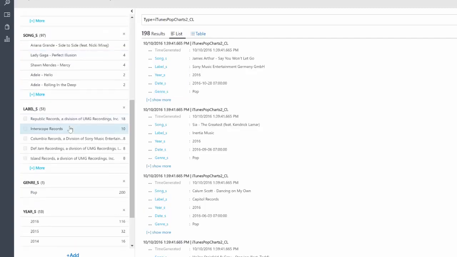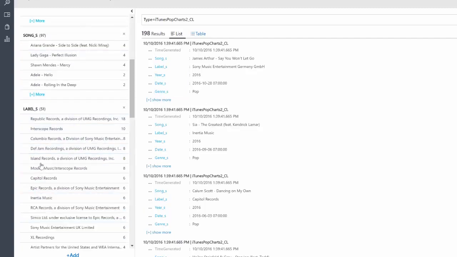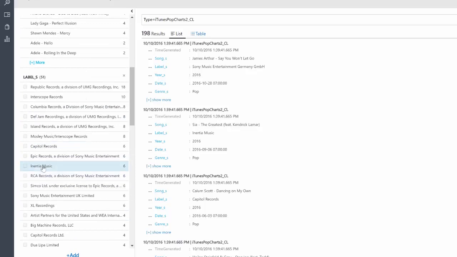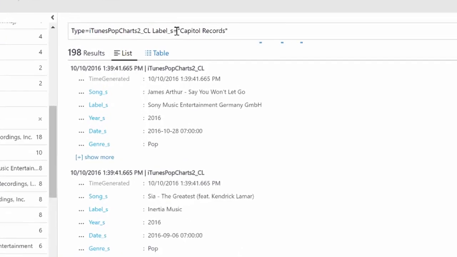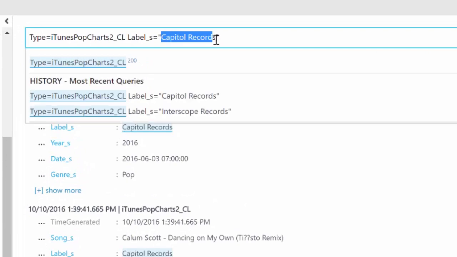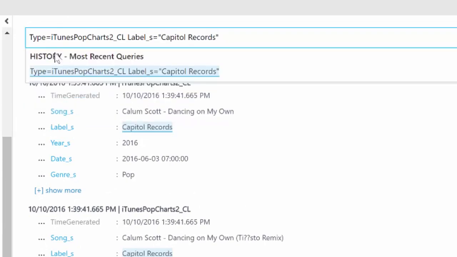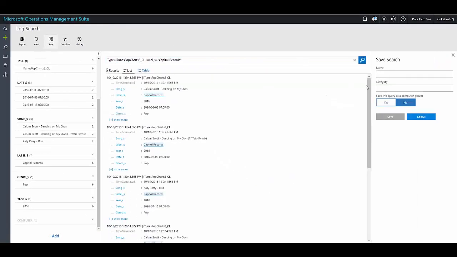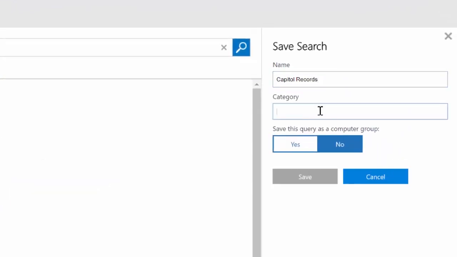We can go through on the left-hand side where it's got labels, we can go more, and let's say I want to produce a report for all songs by Capitol Records, for example. So if I click on Capitol Records, I'm going to highlight this name here. Okay, this search string here, I'm going to save it. I'm going to call it Capitol Records. I'll save it under General Exploration. Click on Save